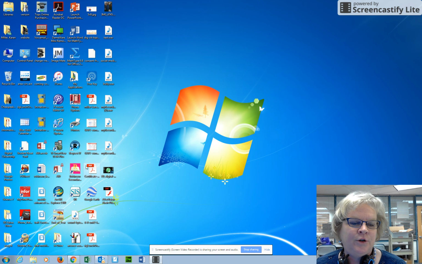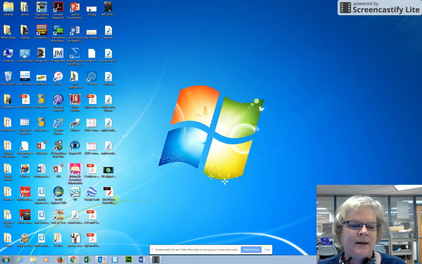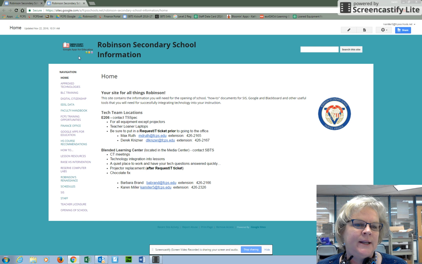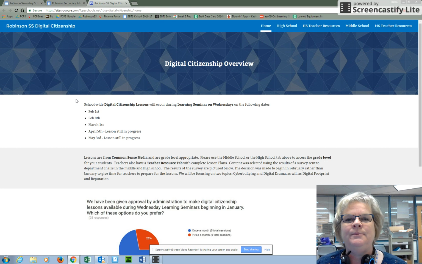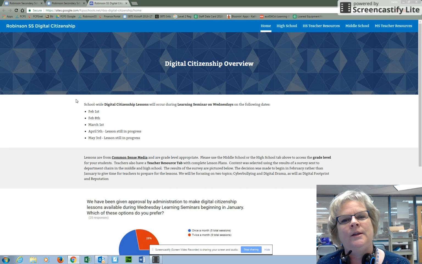On your desktop, your pink icon is the Robinson Secondary Information site. To access the materials, click on the Robinson Secondary Information icon on your desktop. When you click on it, notice that under the navigation panel on the left-hand side, there's a new link called Digital Citizenship. Click on Digital Citizenship, and this is a new site that your SBITs have been developing along with